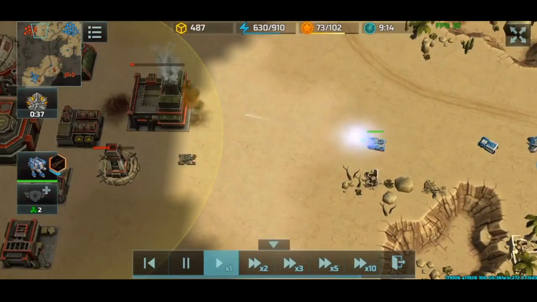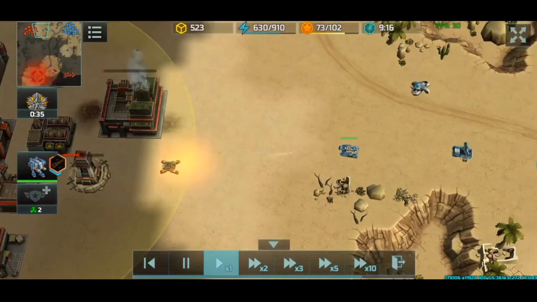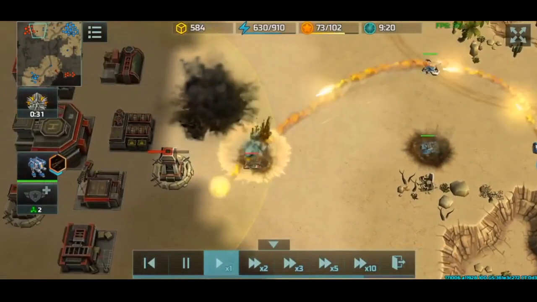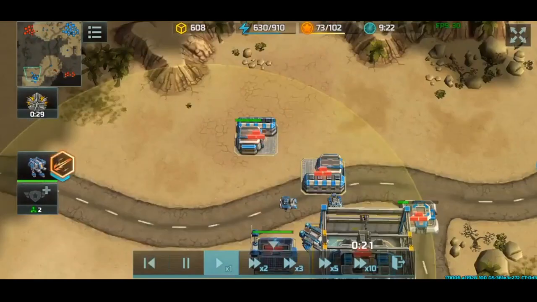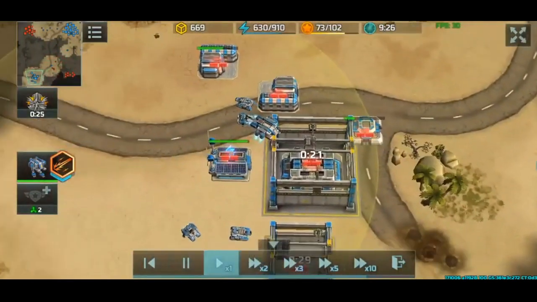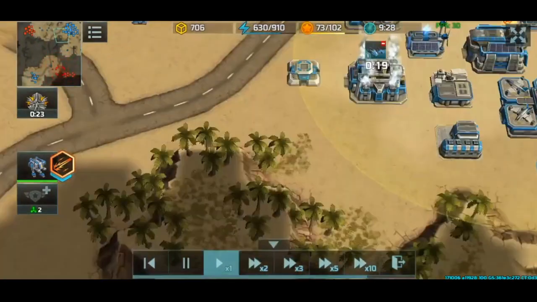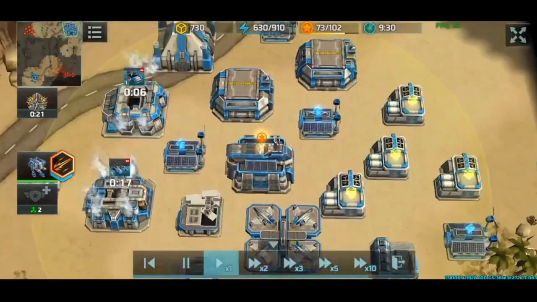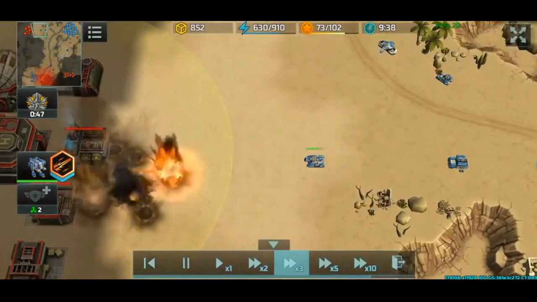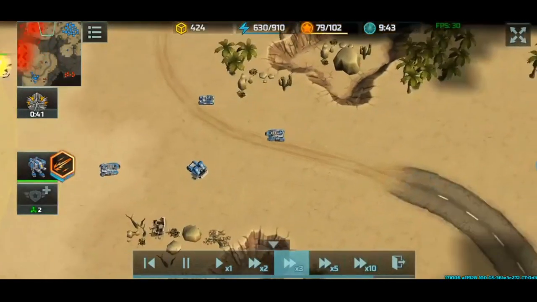One Torrent and one Zeus. Torrents are really strong against buildings. Not that strong against units, but still pretty strong. Now this base has basically been destroyed quite a bit. That base is really vulnerable. And so Who I Am is going to attack